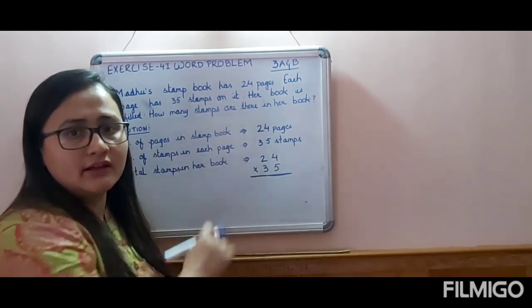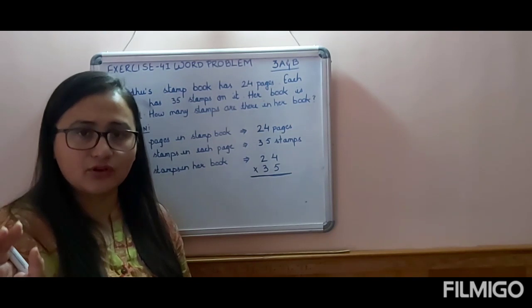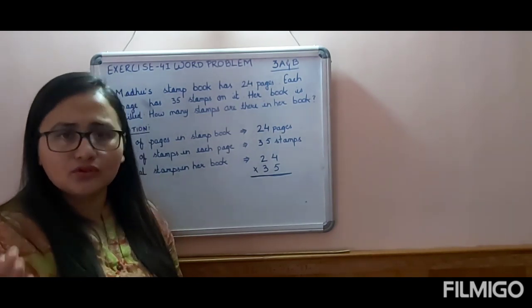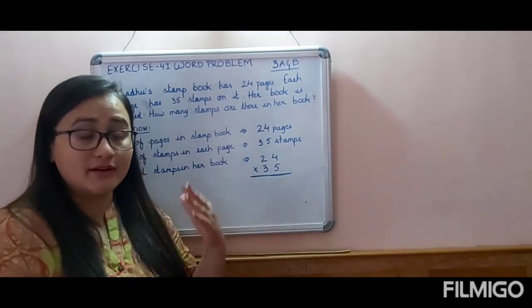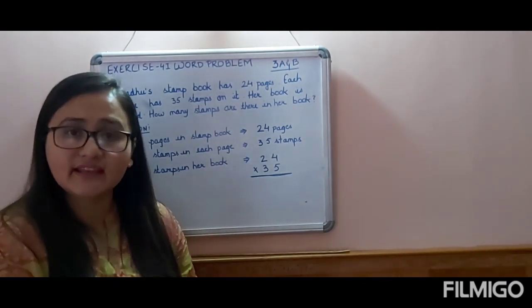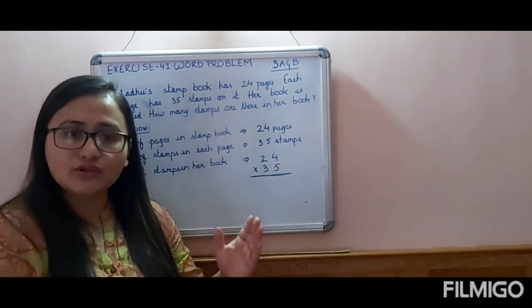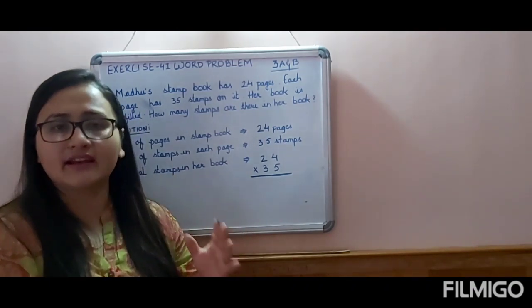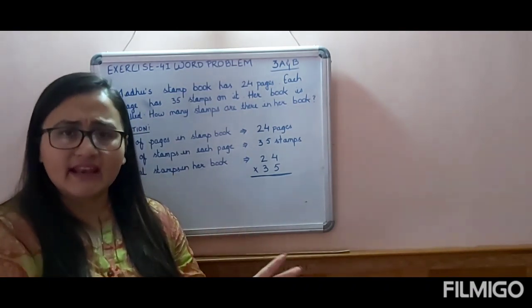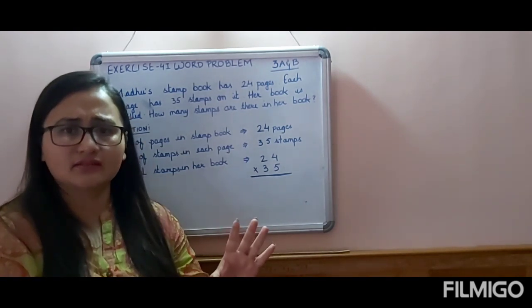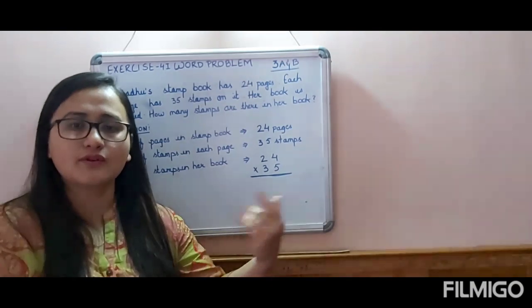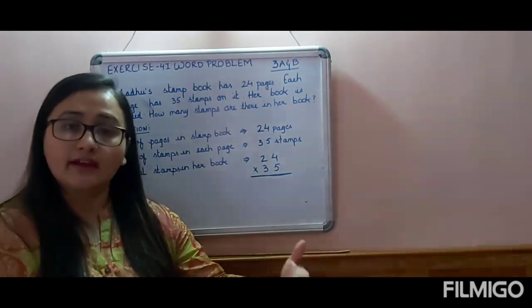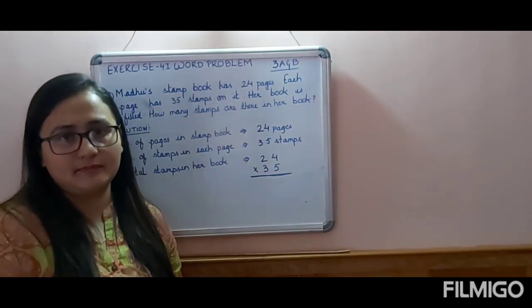5 fours are, you all know the table now. Have you all learned the table by heart? If you don't know the tables, at home you can look at the table book and write the answers. But in exams, you will not be provided with any kind of table book. So you have to learn the tables by heart, at least till 10, or 9 at least, so that it will be easy for you to do the multiplication sums. The next chapter is division, and in division also you will need the multiplication table.